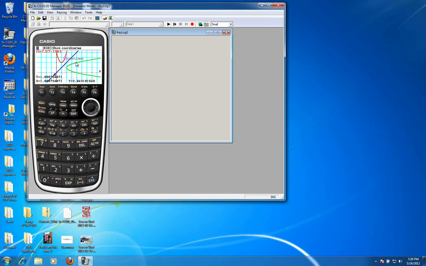I do like what you did with the inverses. That's a nice way to jump back and forth and see what happens to the x and y coordinates. And while you're there, in order to see the table of values, I go here and I can set the table to start at whatever value I want. Let's say I started at -5, and it's going to increase by 1, which could be a little misleading.